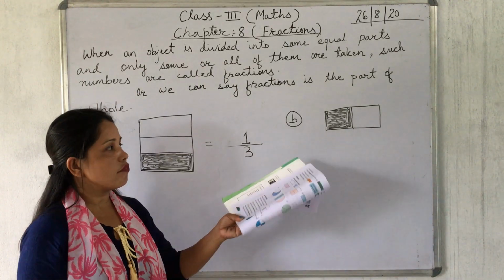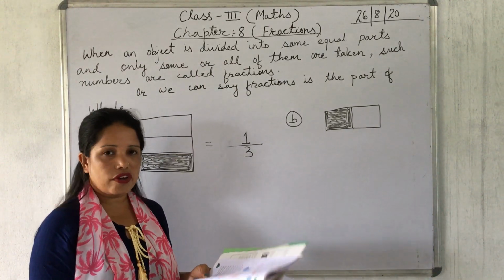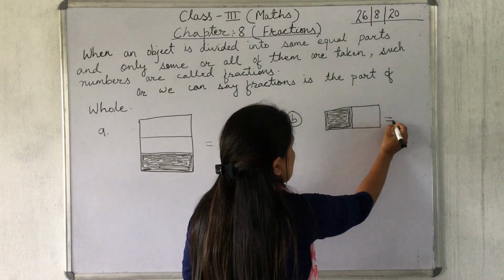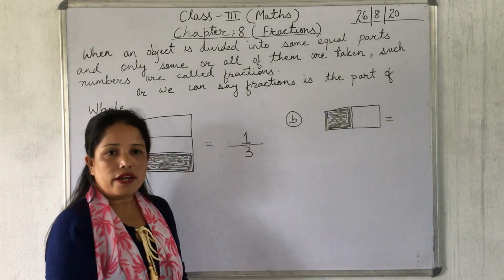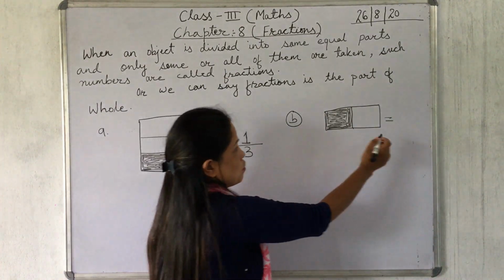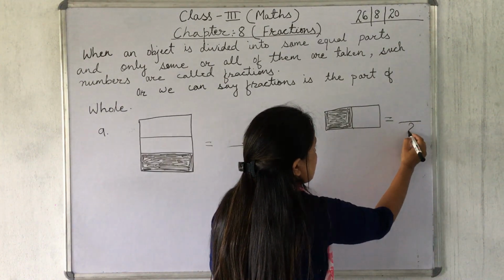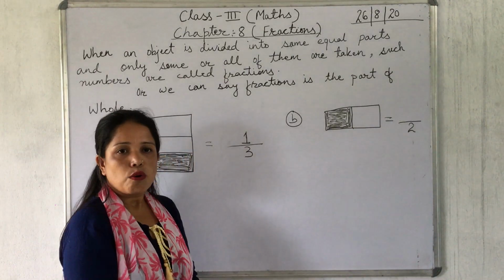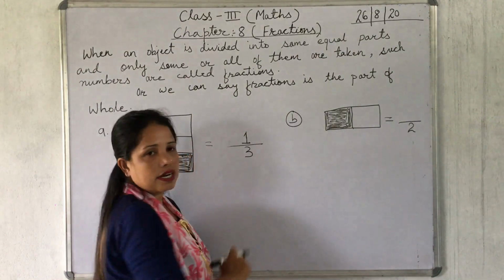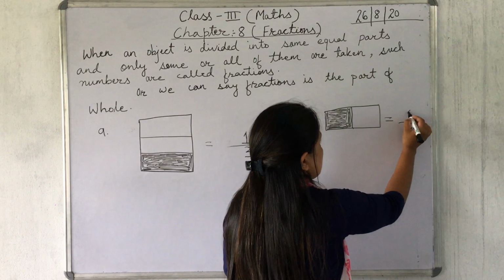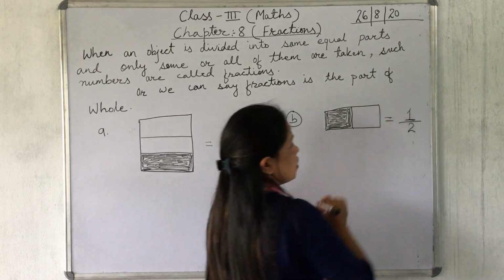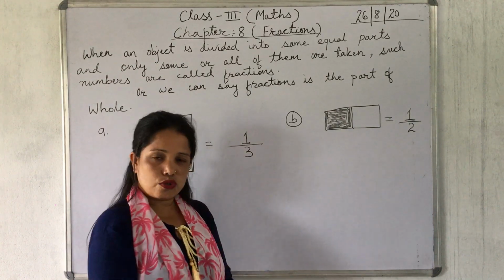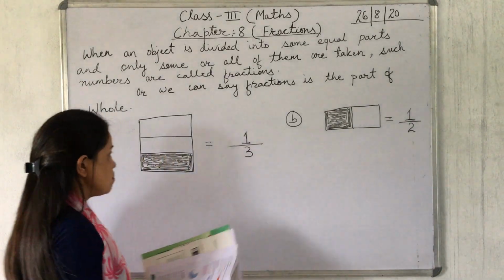So you have to write the fraction of this figure. So how will you write? See here. How many total equal parts are there? 2. 1, 2. Okay? Write 2 at the denominator. And how many parts are shaded? 1. Isn't it? One part is colored. So write here 1. It is in the numerator. Understood? So the fraction is 1 by 2. Got it? Similarly,